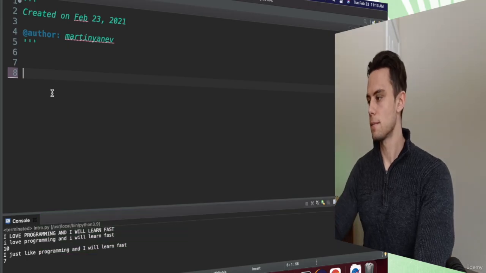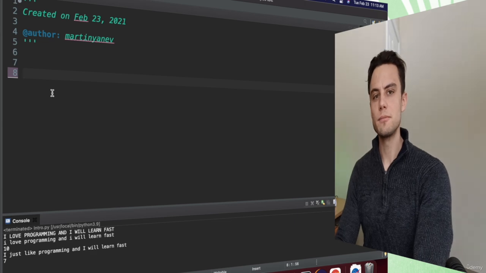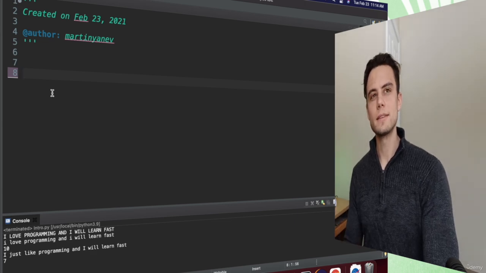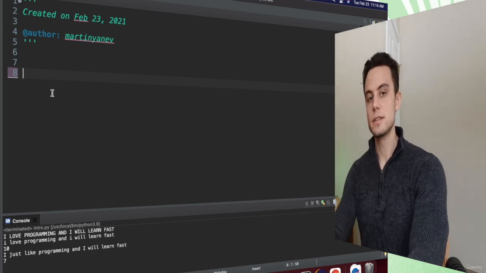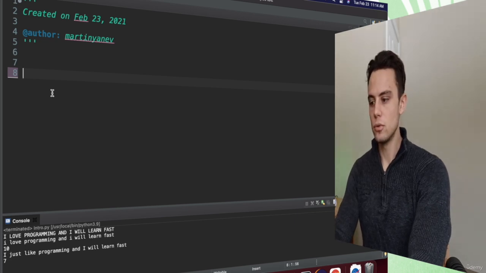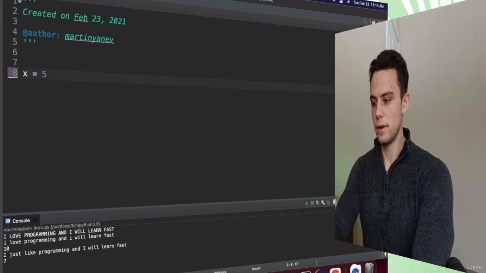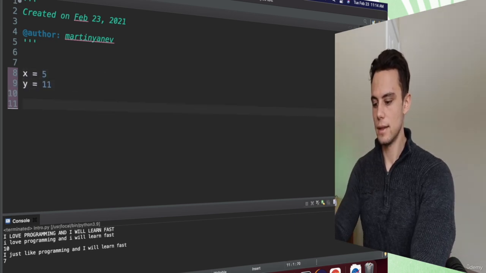Now, in this lesson, we're going to do some arithmetic operations so you can have some experience, because there are some quite different arithmetic operations in Python as compared to the simple math. So let's create two variables here. x will be equal to 5 and y will be equal to 11. And then let's print